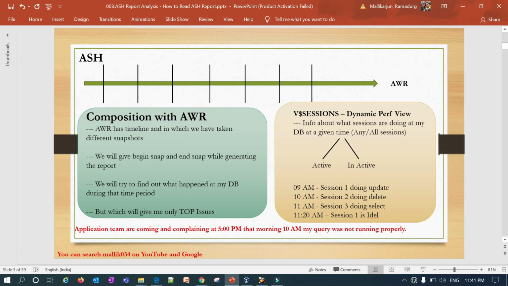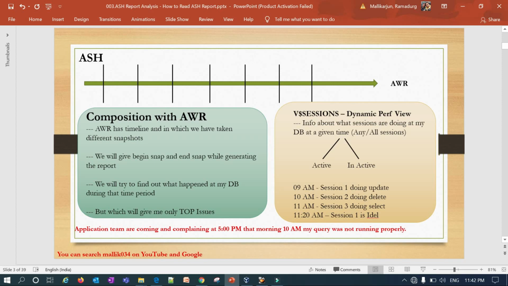v$session is a dynamic performance view. As everyone knows, whenever any session connects to my database, I can find it using v$session, whether that session is active or inactive doesn't matter. v$session logs a row in this dynamic performance table with the information about what a session is doing at my DB at a given time.